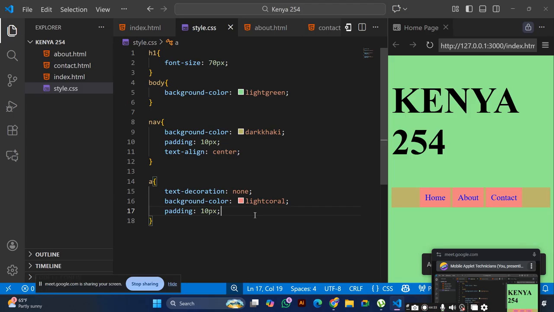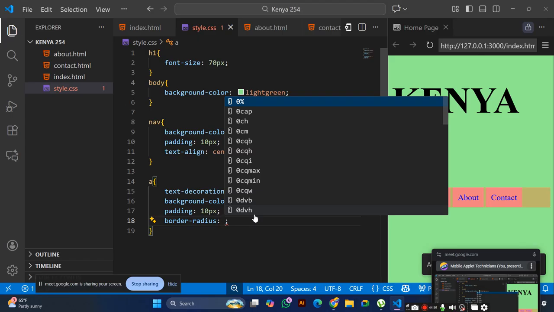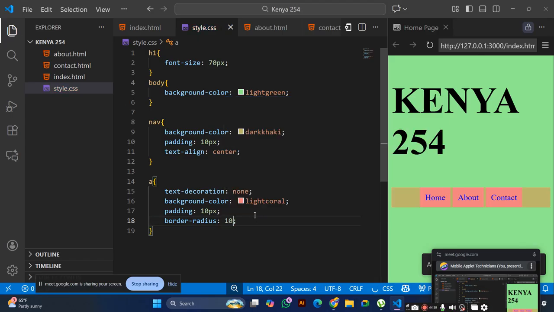Done. Right. Maybe you can give it some border radius so that it looks better. 10 pixels.